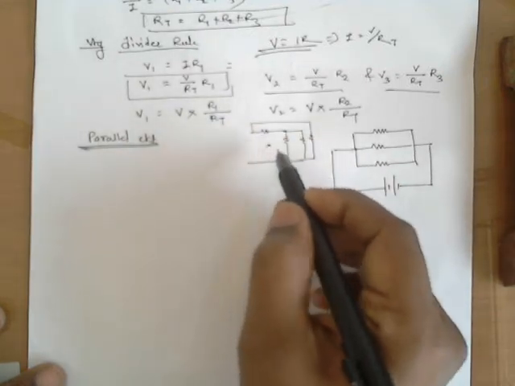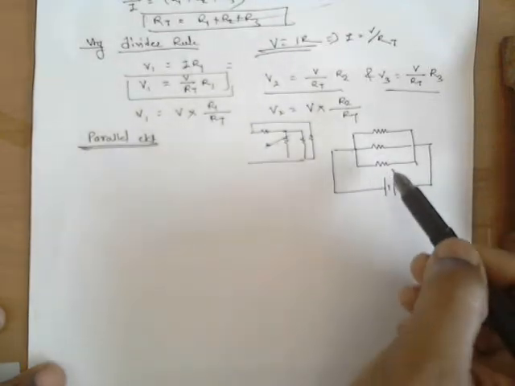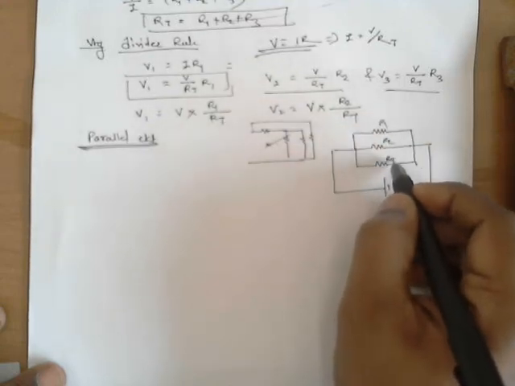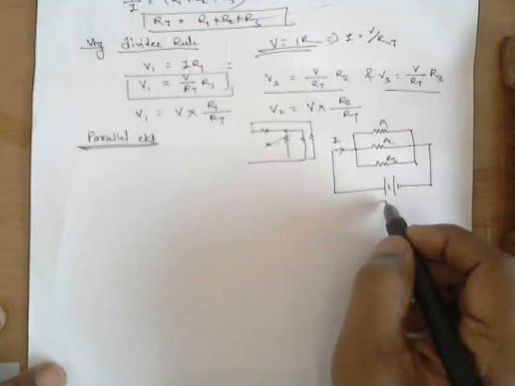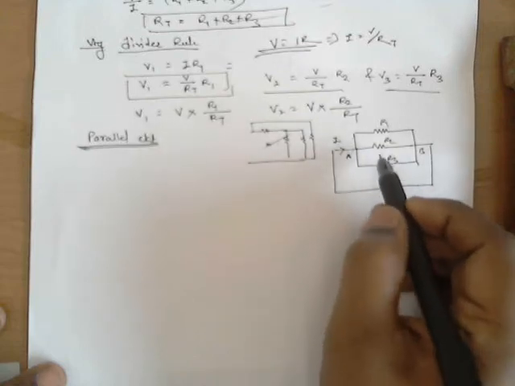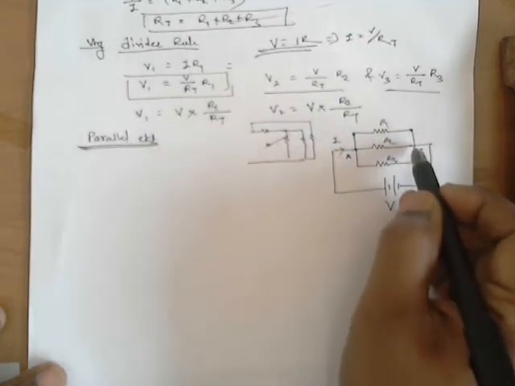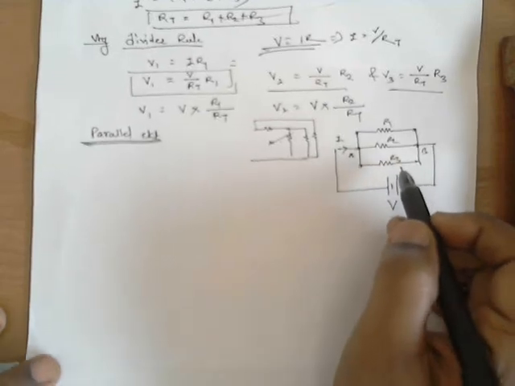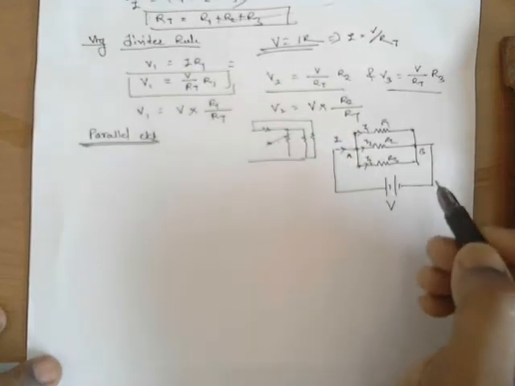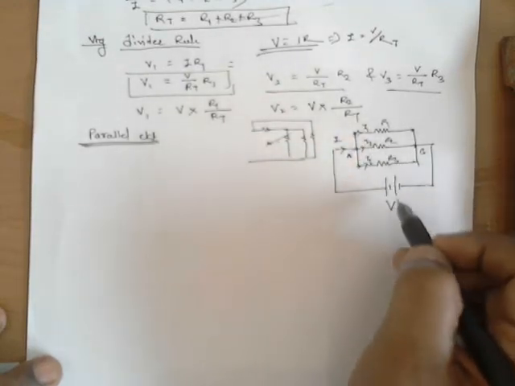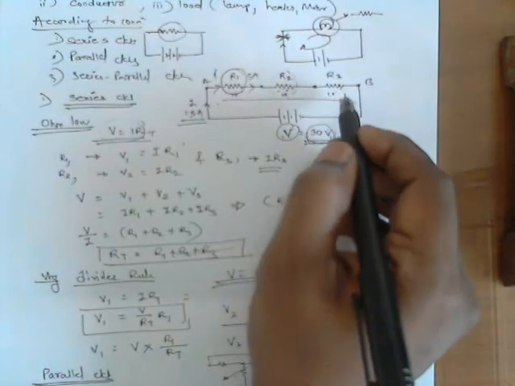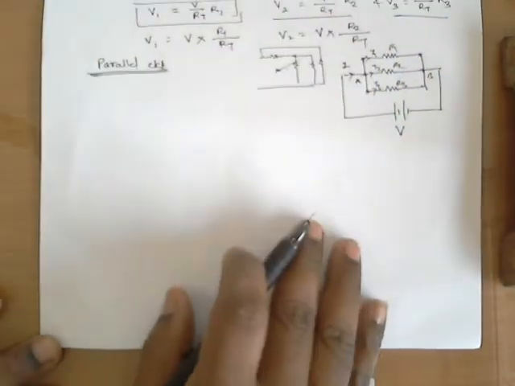There are complications we'll see later, meaning how we have to deal with these circuits. But for now we have considered a very simple circuit: R1, R2 and R3. Current flowing is I. Voltage is V. Now, exactly opposite to the series circuit, voltage will remain the same across all three resistances, and current will get divided as I1, I2 and I3. So in parallel, current gets divided and voltage remains the same, and in series, voltage gets divided and current remains the same. Exactly vice versa. Keep in mind.